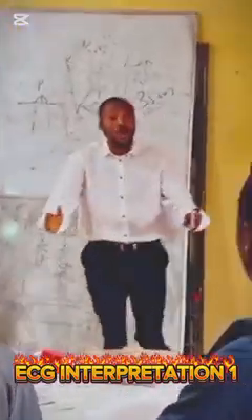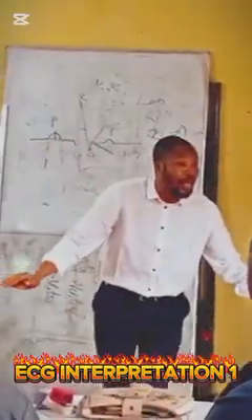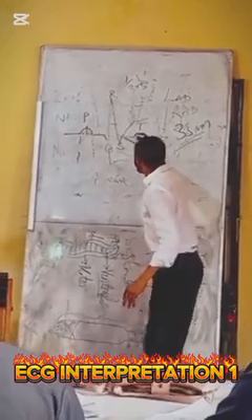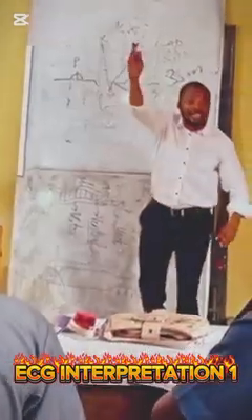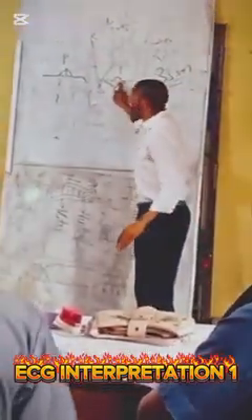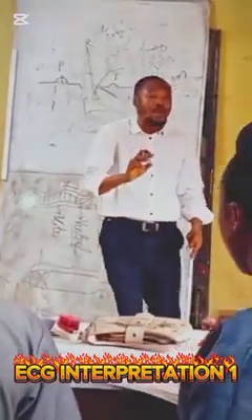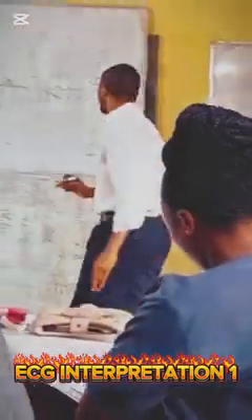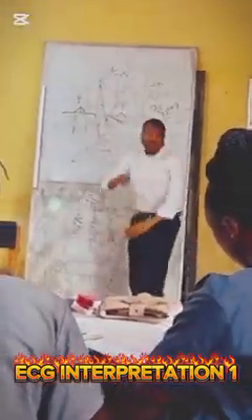Then the T wave is representing the ventricular repolarization. So if the T wave is becoming tented, that means the individual is having an increase in the level of the electrolyte called potassium. Then when this T wave is inverted, that means the individual